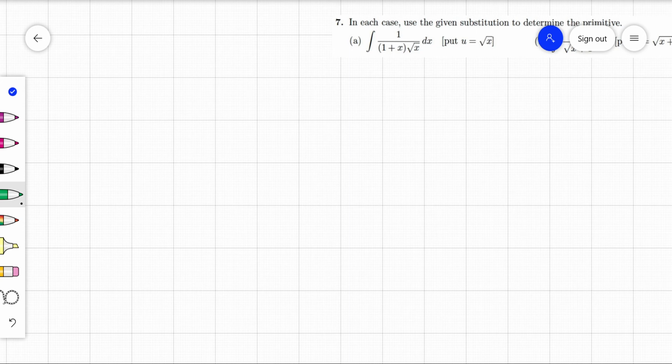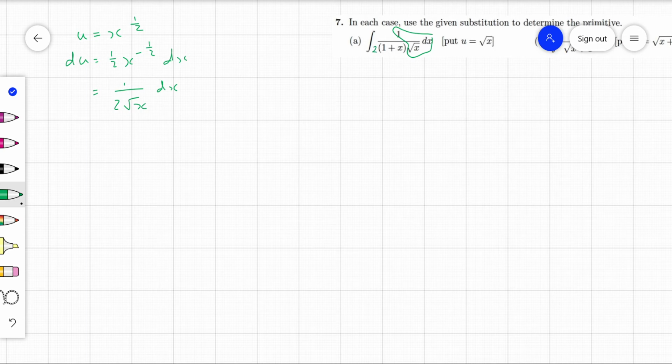Okay, use the given substitution again. Alrighty, so the given substitution for the first one is u equals x to the half. So du is equal to half x to the minus half dx, or in other words, 1 on 2 square root x dx. The reason I put it in that form is that we have a 1 on root x dx here. And if I want a 2 there as well, I could put a 2